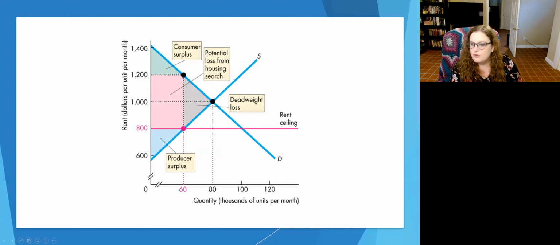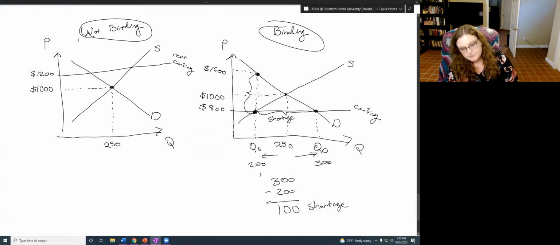So let's actually overlay that on top of what we've already done. Notice that when we talk about the amount after search activity in black markets that consumers really actually face, and the difference between the $800 that they pay for the apartment, well, let's see what happens. Notice that we have a triangle that appears right here. This is the first piece of the puzzle. This is called